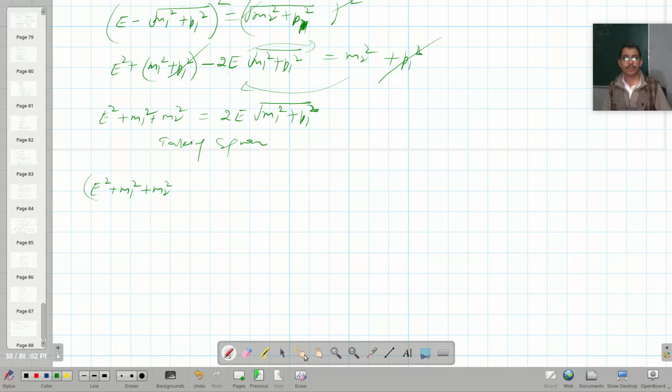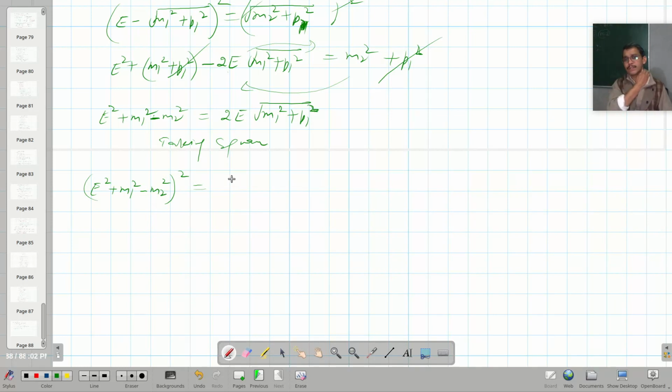It's not plus m2, it's minus, because I bring it towards this side, it will become negative, right? So here again, let me correct it: minus m2 square whole square is equal to